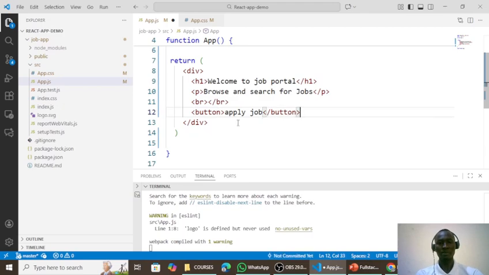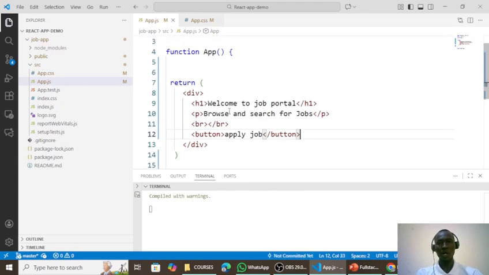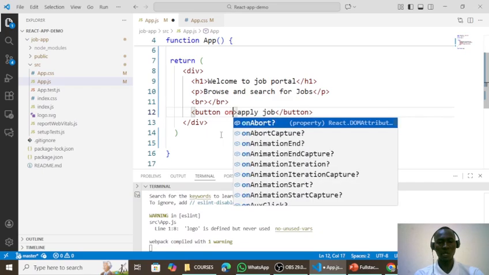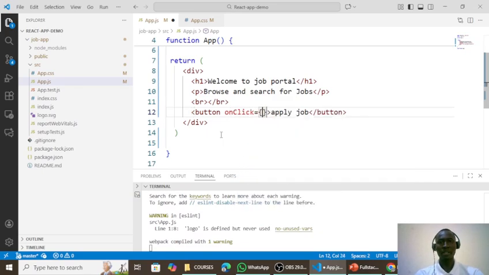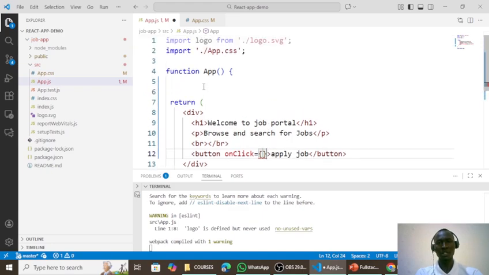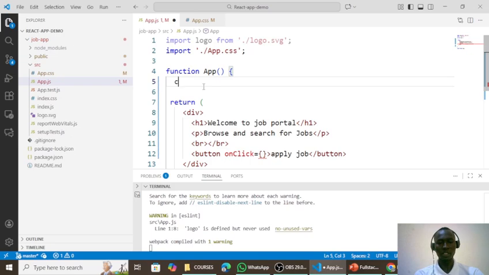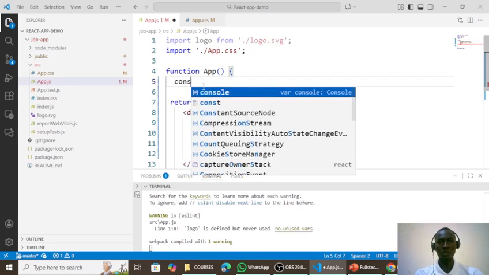and I'm going to save. And then I'm going to add a click event on this. I'm going to go within the button start tag and add an onClick event, and I'm going to attach the event handler. Now let me create my event handler function. I'm going to go within this app function, and I'm going to create a handler called